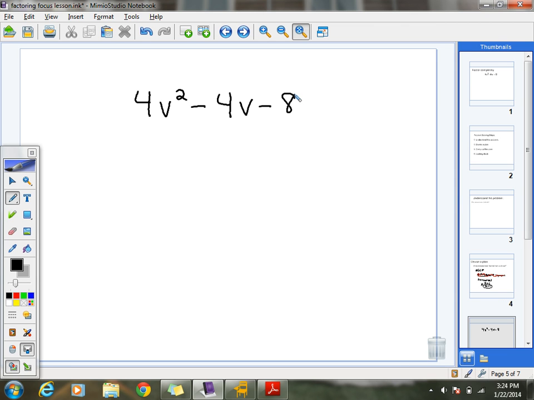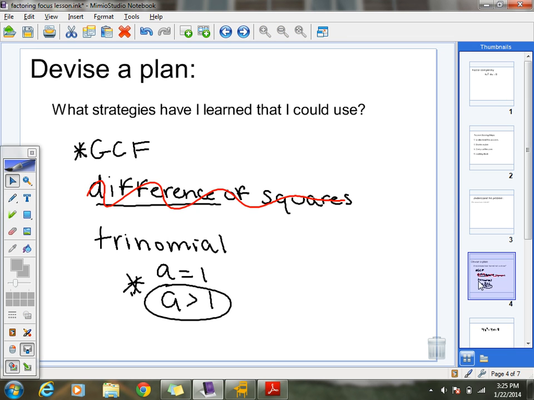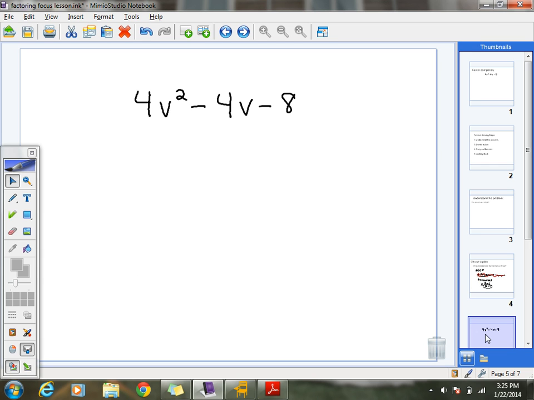And then if I remember back to what I was going to do before, the first thing I said I was going to start with was to start by factoring out the greatest common factor. So I'm going to look, and I'm going to see that the greatest common factor here is 4. Now, how did I come up with 4? All of those numbers are divisible by 4. There's not another number that would be divisible by all of those. I could use 2, but again, we need to remember we want the greatest common factor. So I'm going to factor out a 4